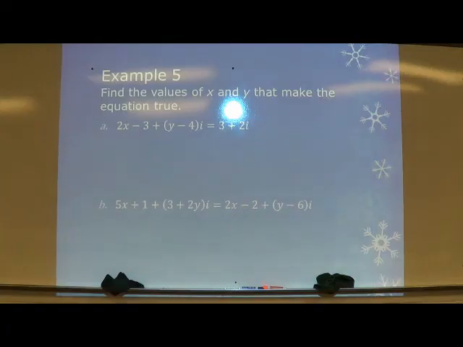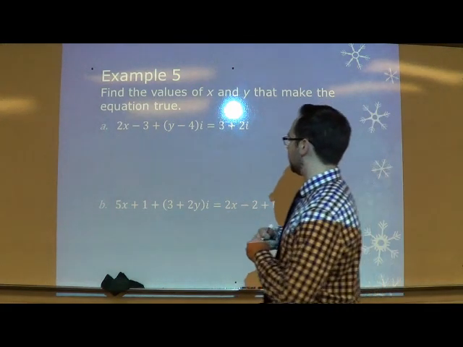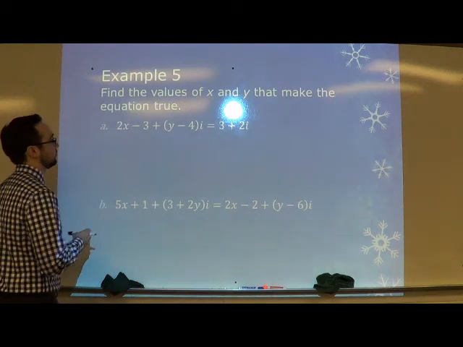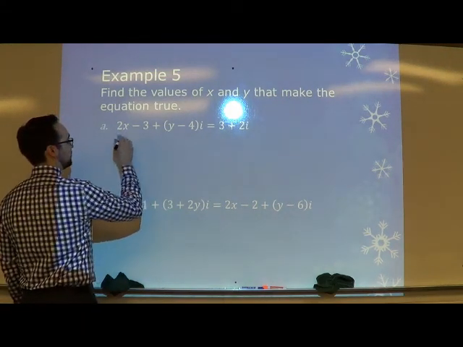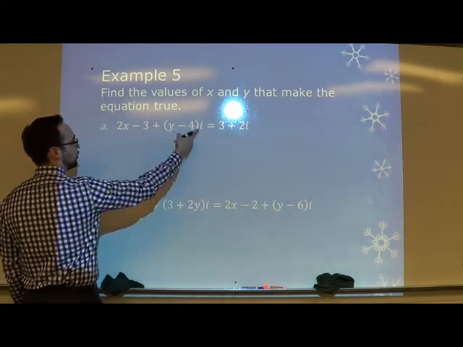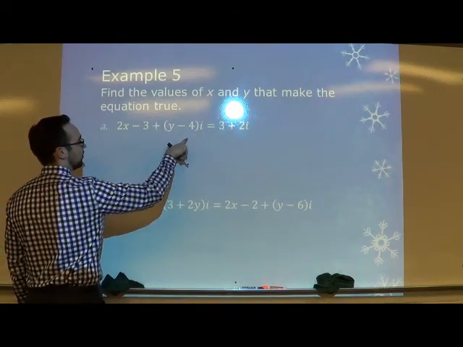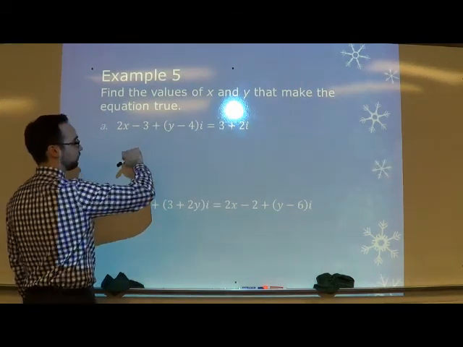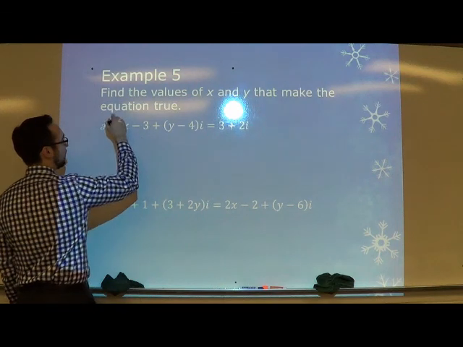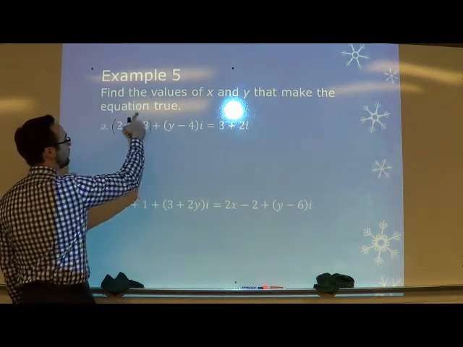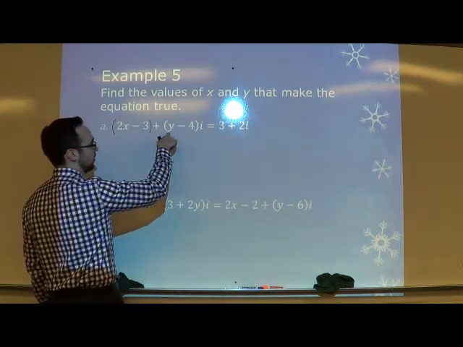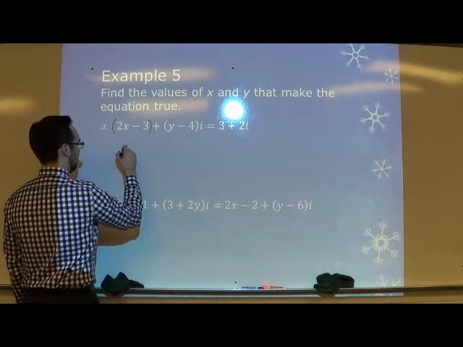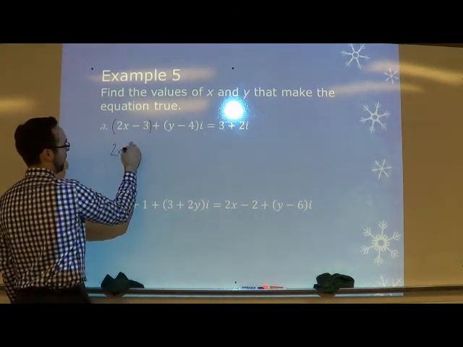So we're looking at solving these. When we add and subtract these, they are exactly the same as adding and subtracting like numbers with x's. So what we're going to do, we're going to have 2x minus 3 plus, I'm going to distribute, or excuse me, we're going to leave it. If you look, if I group this together, this is a real number, this is the imaginary number. So that means 2x minus 3